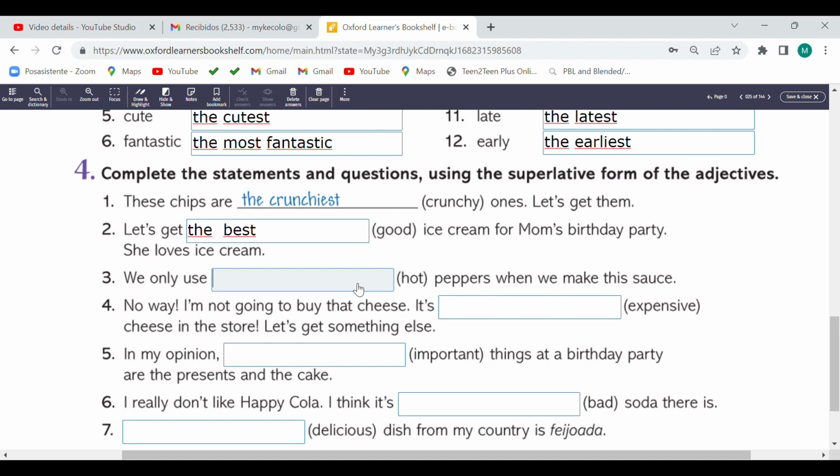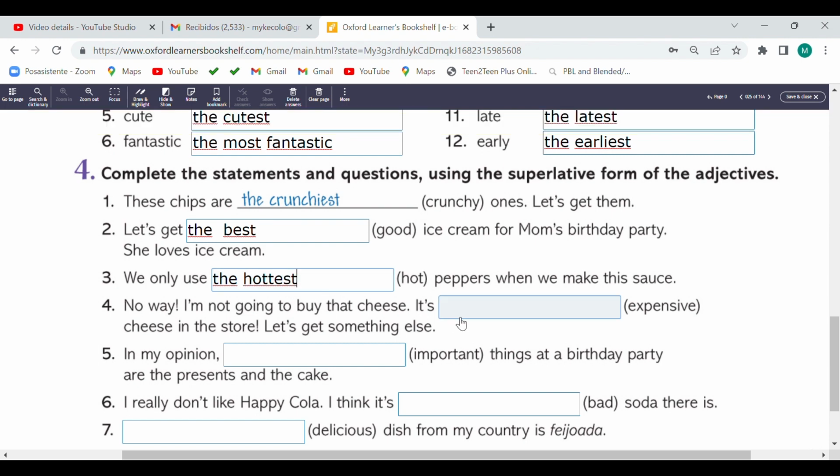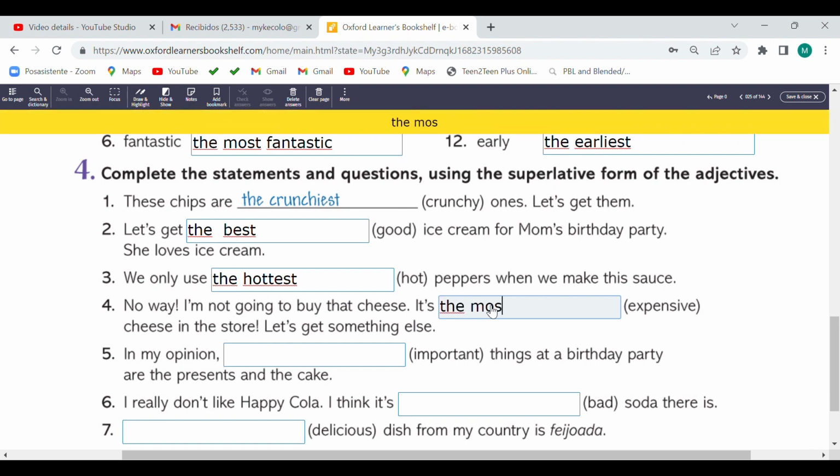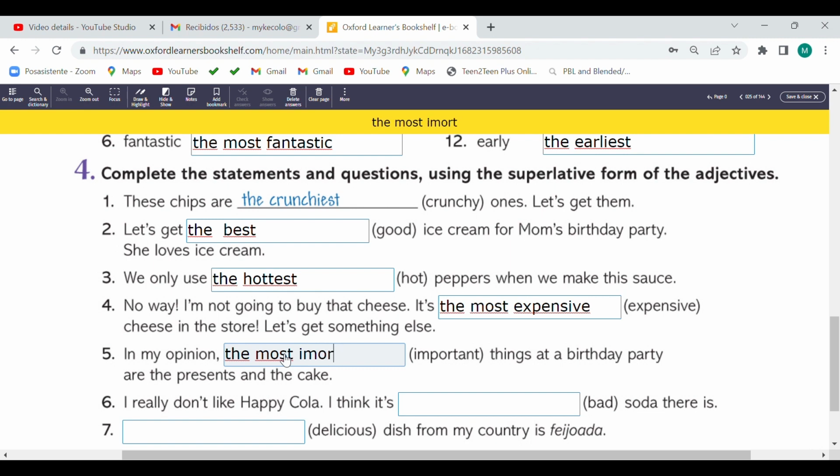Hot. Primero colocamos the. Hot termina en consonante-vocal-consonante, duplicamos la última consonante y le agregamos ST. Expensive, the most expensive. In my opinion, important, the most important.